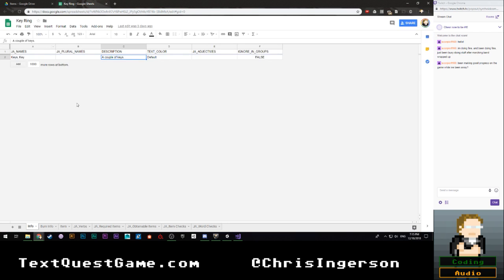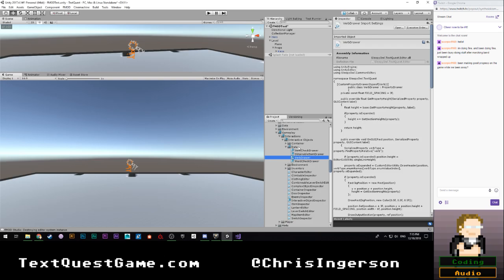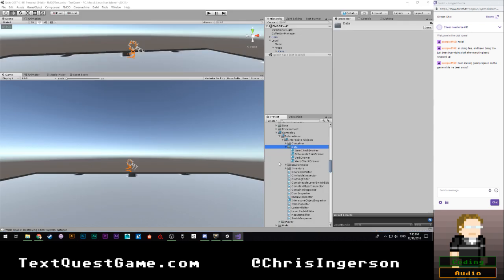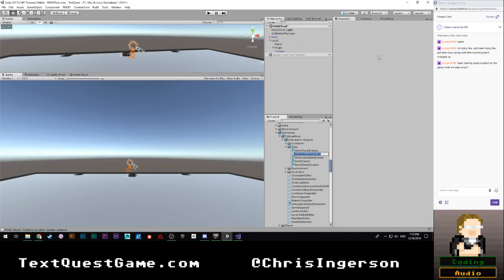Let's go ahead and visualize this. So this is what I am looking at right now, required items. We have the item ID, the verb that you use with it, expected output, audio, data ID, etc. So we're going to go ahead and populate all of that, and that is called required item info. So I'm going to right-click, create, C# script,